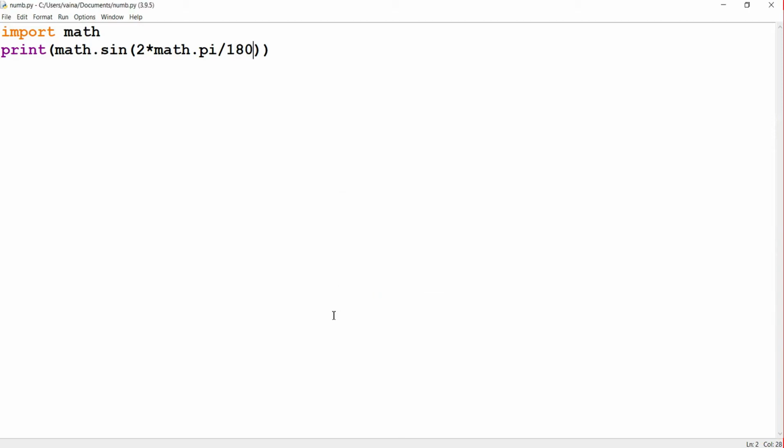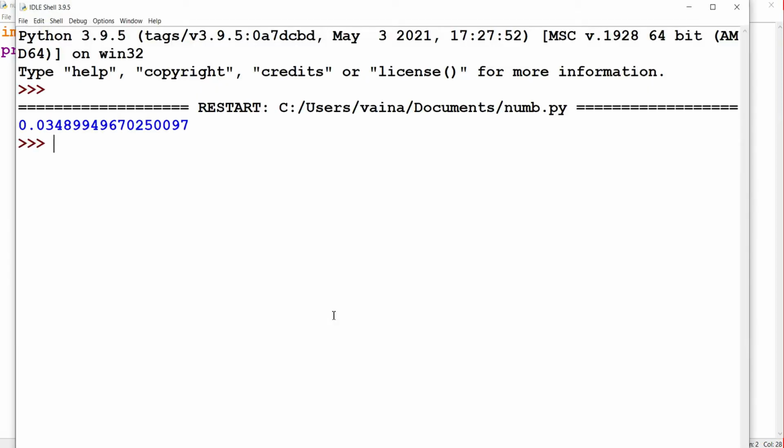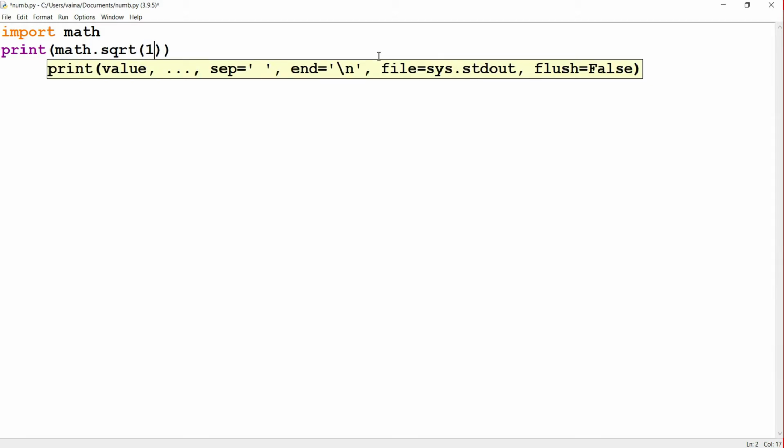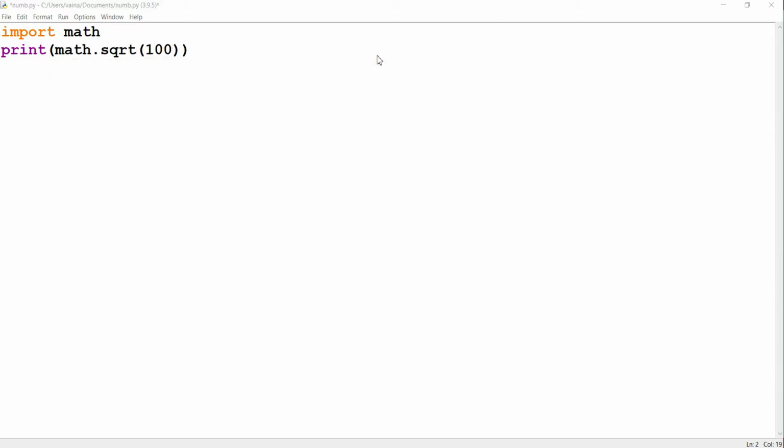When we run it, we get this value, which is the value of sine of 2 pi by 180. Similarly we can use square root, math.sqrt, as we saw in the previous video. The square root of 100 will be 10.